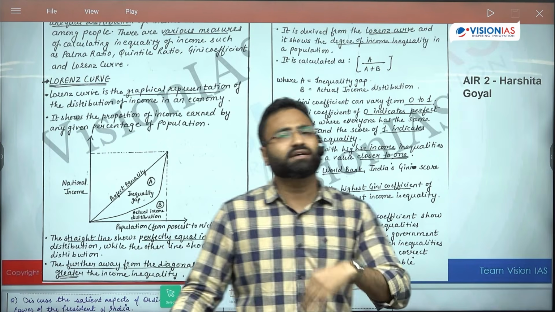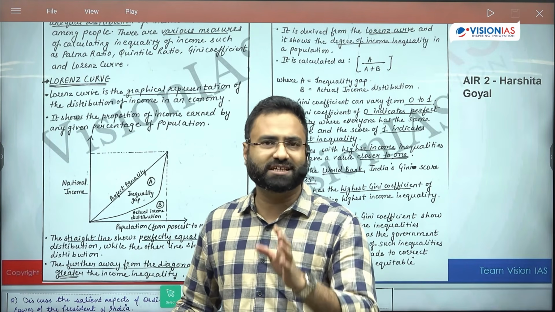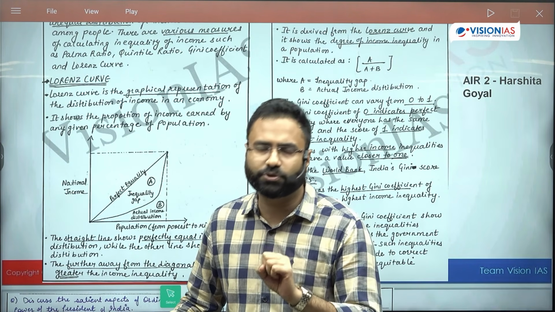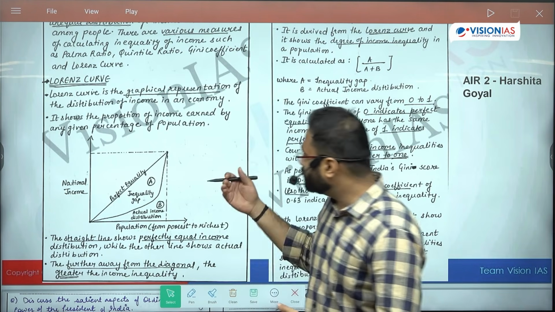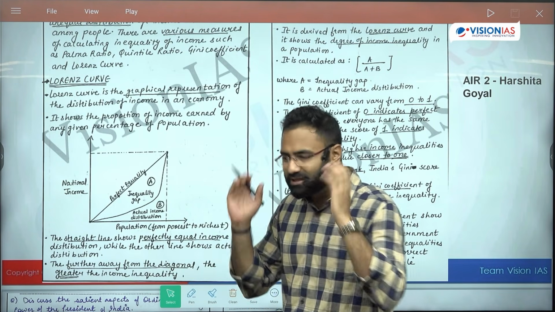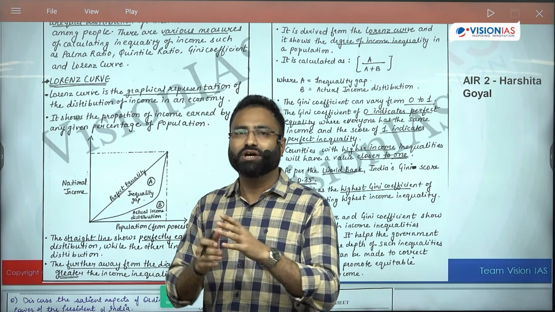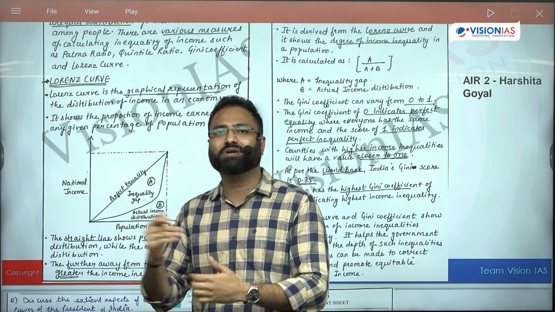Now see, in the classes when the faculty explains, or when we are explaining certain things, we explain in this particular manner only. But when you actually have to incorporate those things, you have to reduce the number of words. You have to identify what all things you can incorporate in the answer.